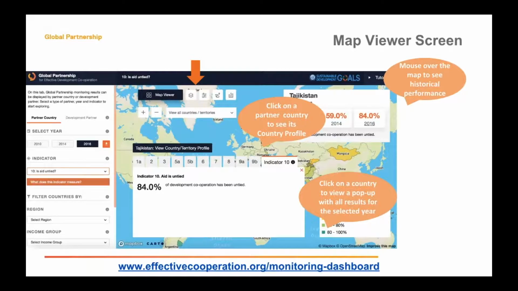This was our original concept for this dashboard, but what we came to find out going through this process is a few things. One, this doesn't really tell you much about what's happening at the country level. So we needed additional ways to actually view the data and compare the data. And two, on this map itself,